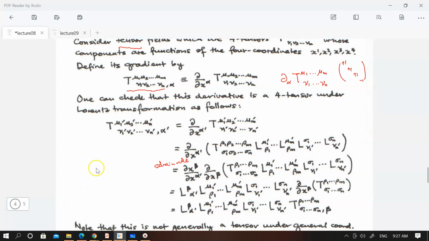Okay, so once you have that, remember, what is this? This is just simply your inverse Lorentz matrix. So now I will just have this matrix multiplying on top of this derivative. The other thing that one should remember is that your Lorentz matrix or the inverse Lorentz matrix doesn't depend on